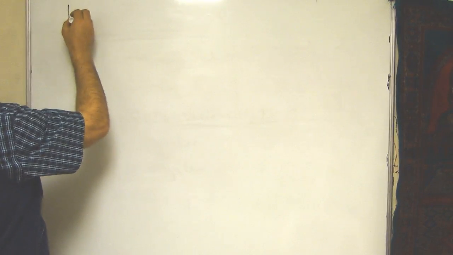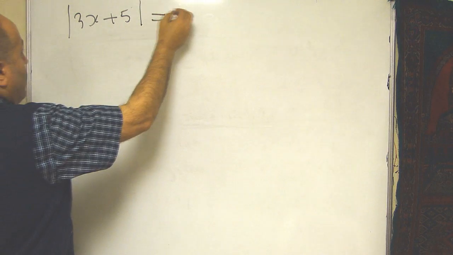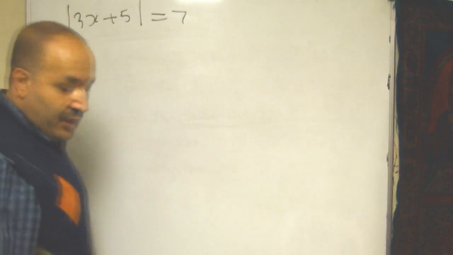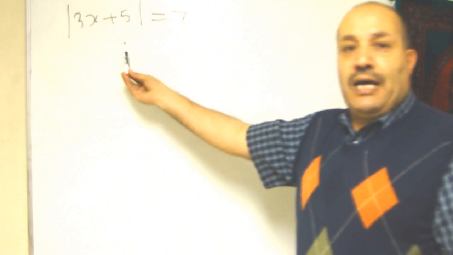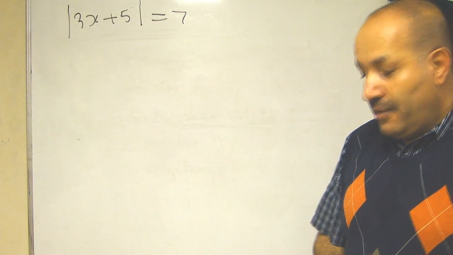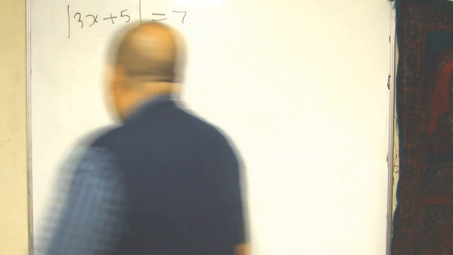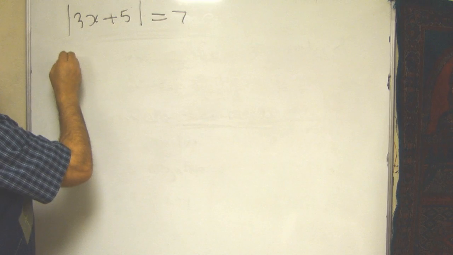The absolute value of 3x plus 5 equal to 7. Here, as you notice, the absolute value is already on one side and we have the number on the other side. Before we go further, it is so important to keep in our minds this important thing, that the absolute value